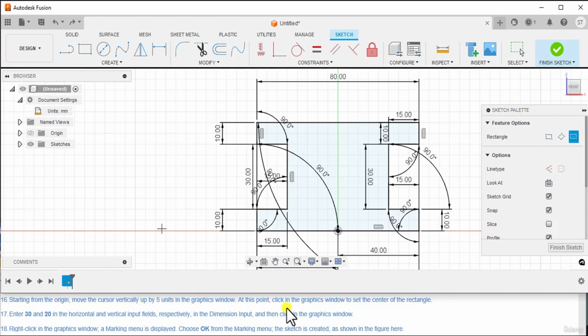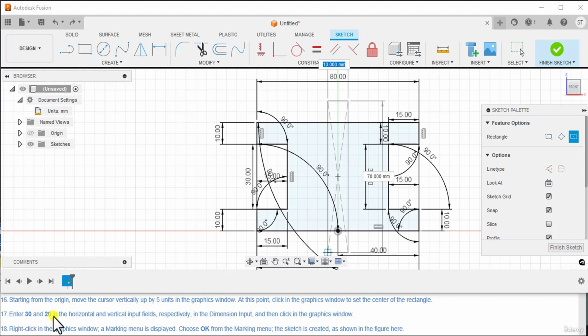At this point, click in the graphics window to set the center of the rectangle.